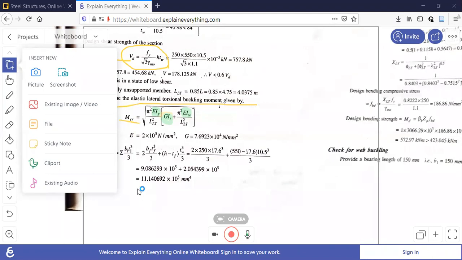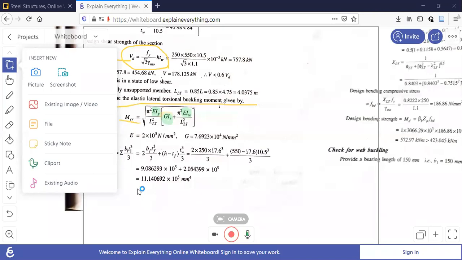Beta B is one. Whatever notes I shared this morning from the Ramamurthy textbook, only two pages are there. That is more than enough. In this formula, beta B is 1 for plastic and compact sections. If it is semi-compact, you have to calculate Ze by Zp. This is the meaning of beta B. I think you may already know it.